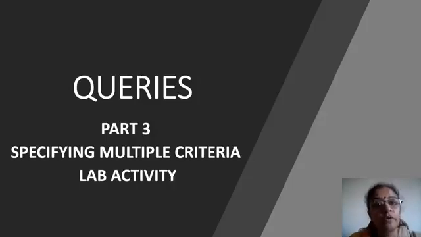And also we are going to do the lab activity which has been given behind your textbook. In your hyperlink textbook, the lab activity is given. We cannot do the lab activity directly in the computer lab, so I'm going to teach you how to do that lab activity practically in today's class. So these are the two topics which we are going to learn today, that is multiple criteria and the simple lab activity, which will be a complete revision of the queries chapter. So let us get into the practical of today's class.